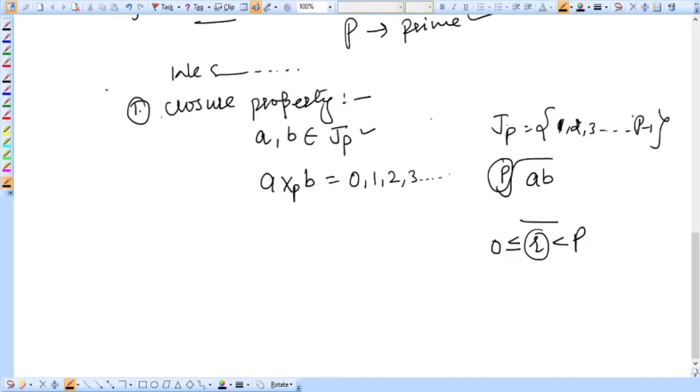Look, if this becomes 0, then this is not closed, right? If 0 comes, we need to rule out this possibility, okay? So we will prove that this cannot be 0, okay? So see how we are going to prove this. If it is 1, 2, 3 up to p minus 1, then it's fine, it would be closed, but 0 should not come. So that's why we are going to disprove this, that this is not equal to 0, okay? So see here now how we are going to do this.